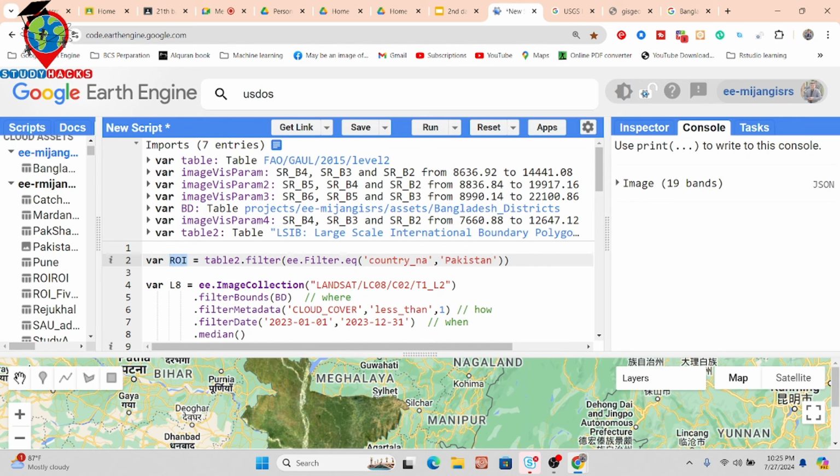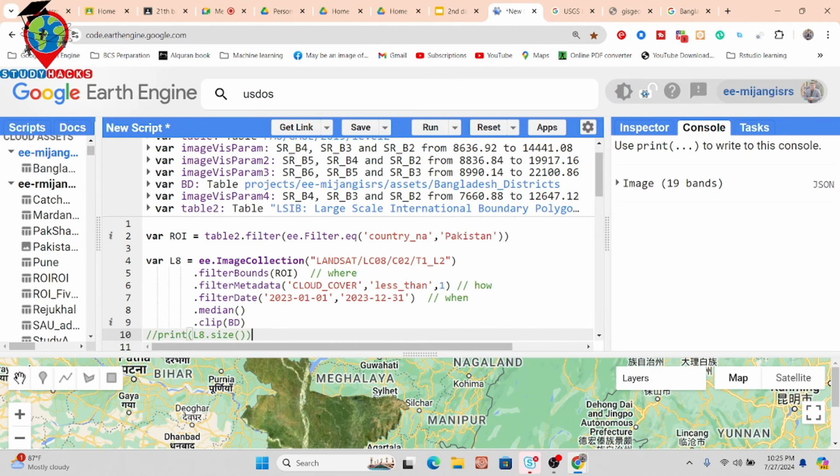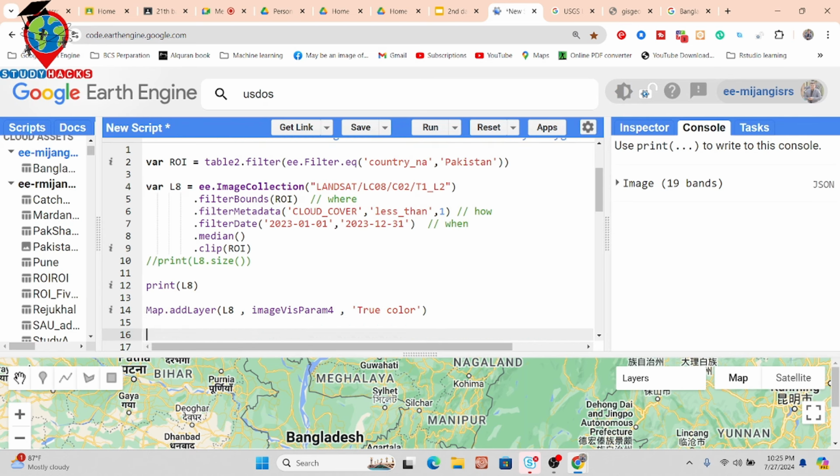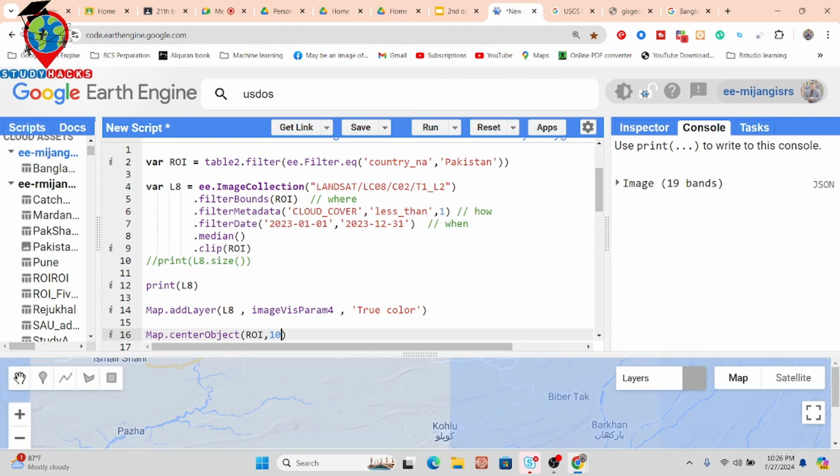Suppose filter bounds with ROI. I paste it here, and also clip with my ROI. Now click run. We can get the result for Pakistan 2023 imagery, but it is not focused. For that, I use another code, Map.centerObject. It directly focuses on my shapefile. My shapefile is Pakistan, stored in ROI. So I use ROI here and put, suppose, 10. Click run. Now it visualizes that